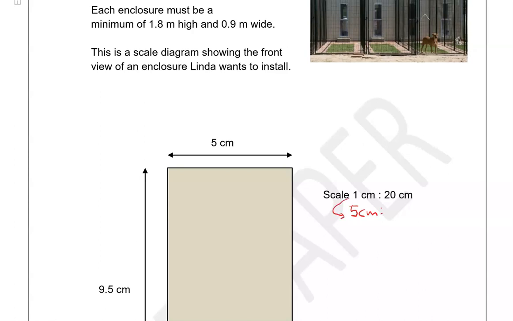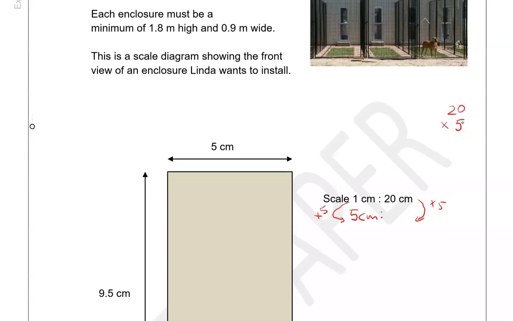So to get from 1 to 5, we've multiplied by 5, so we need to do the same on the other side. So 5 lots of 20. 5 times 0 is 0, 5 times 2 is 10, so 100